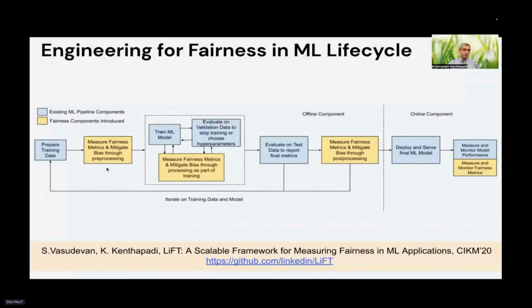All the boxes in yellow correspond to the steps where we may want to incorporate fairness interventions. First, at the time of preparing training data, we want to measure any bias in the training data and decide whether we want to mitigate bias by applying different pre-processing techniques. Similarly, during model training as well as model tuning or hyperparameter optimization, then when we decide to A/B test or deploy the model, again, we may want to check whether we want to apply post-processing bias mitigation